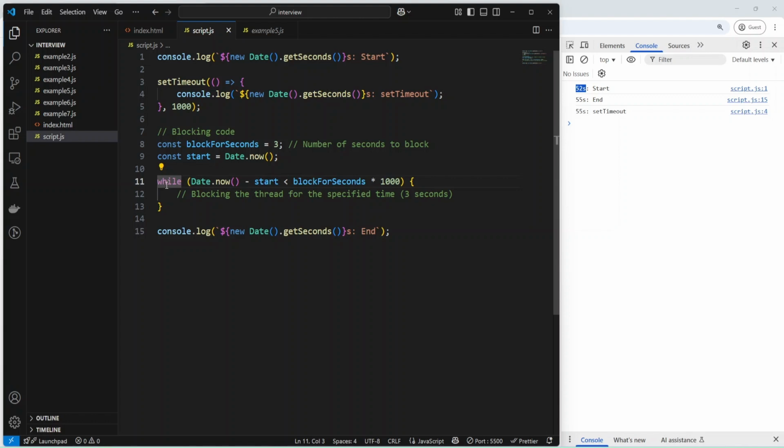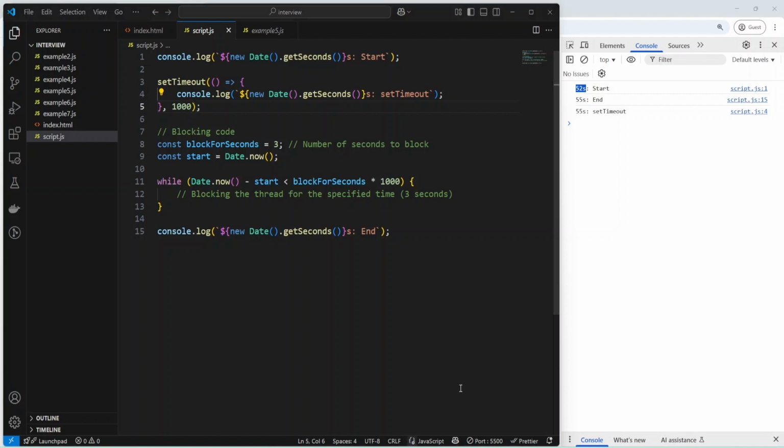Instead, we have blocking code in our main call stack, and only then our line 15 was executed, and we saw end, and only then the timeout was executed. And that means that this time, like 1 second, can be more, and it was 3 seconds in our case.